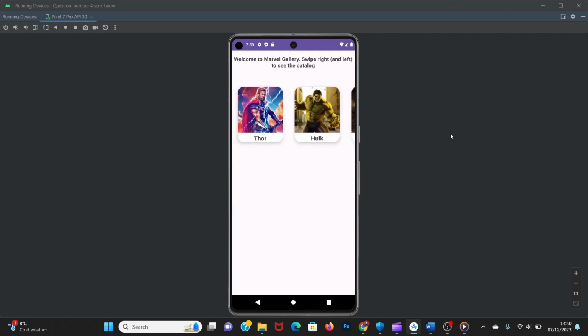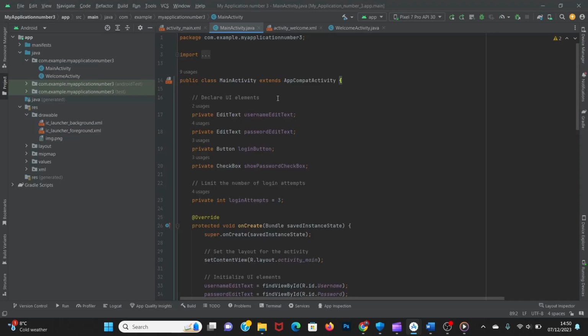Let me show you another question. In question number 4, there was a question to create a login page. In this, I have declared the UI elements in a private class, and I have created a login attempts counter of 3 times. They can't attempt more than 3 times with the wrong username and password. And then on the